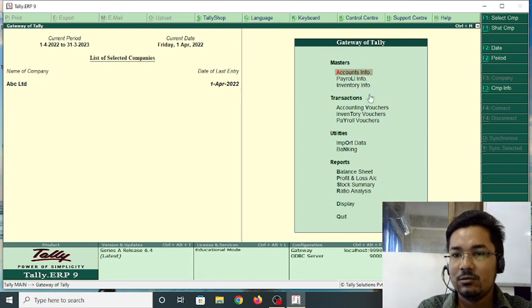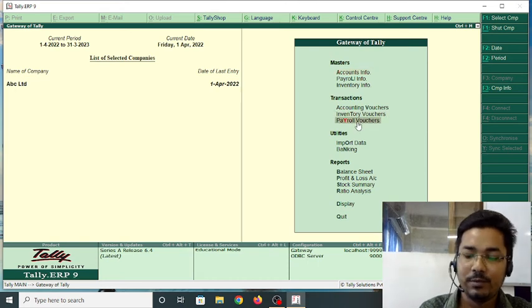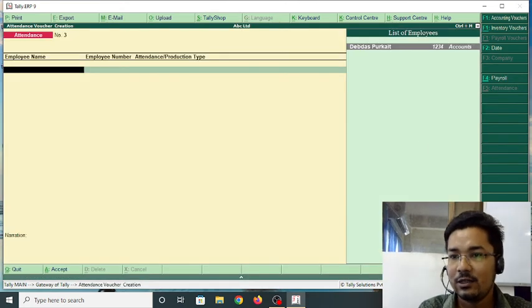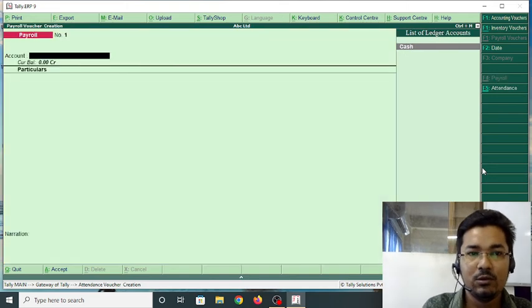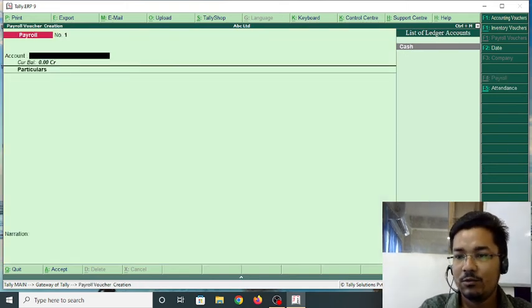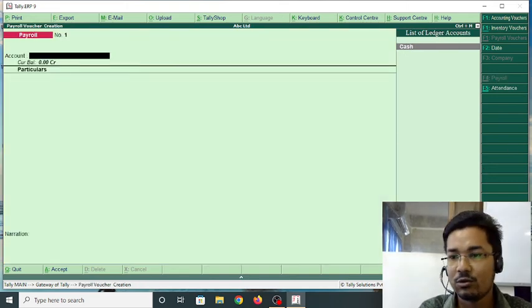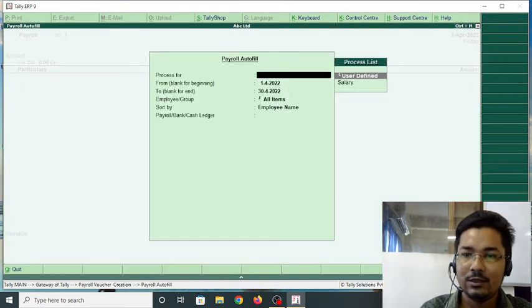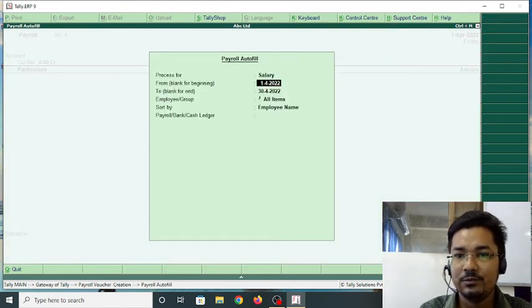So then once again go to the option payroll voucher, and then Ctrl F4, and then press Alt A for payroll autofill, and then select salary.